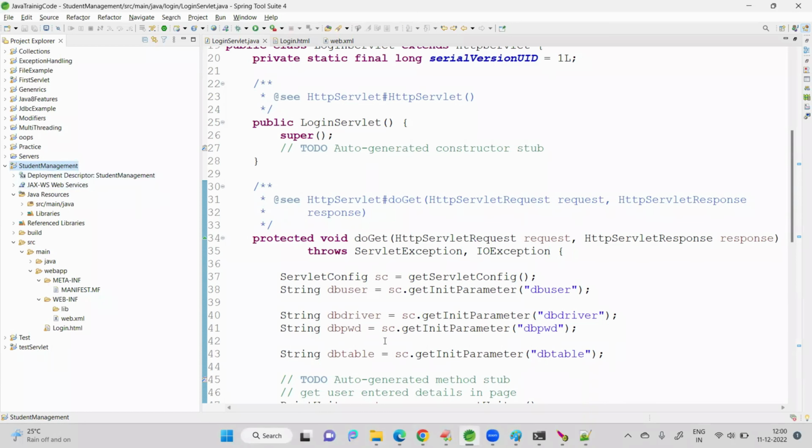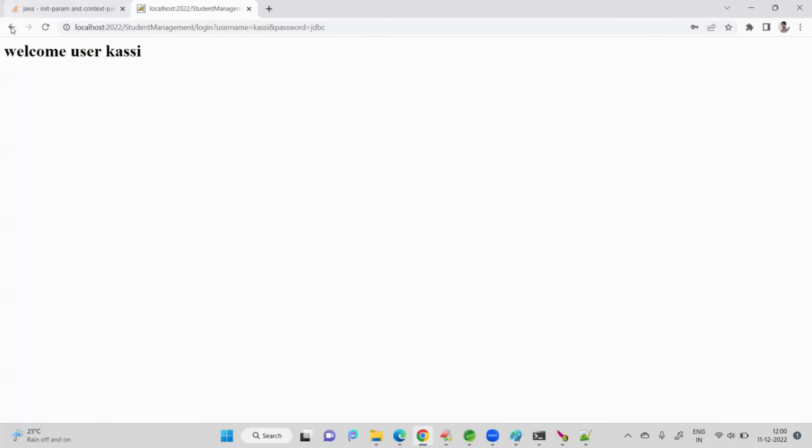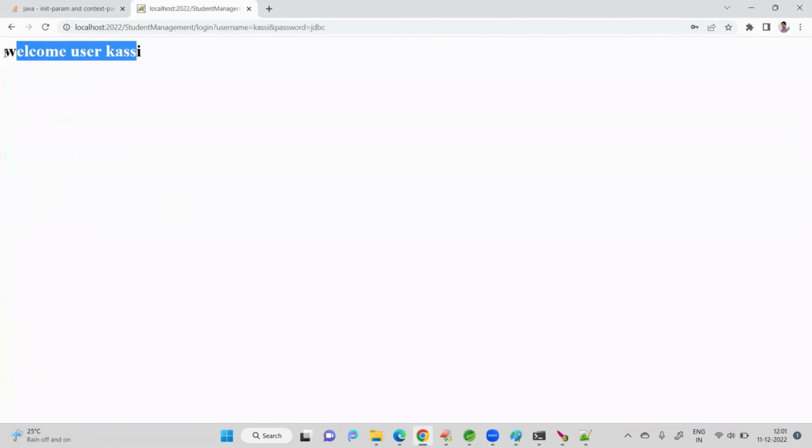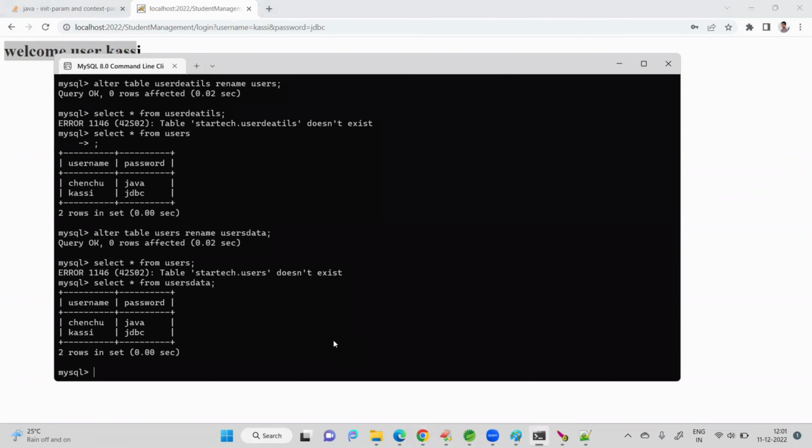So what will happen here? I'll do the request again. Kasi. JDBC. Welcome to Kasi. So it is directly affected, even though the database table changed. I did not make any code changes. I did not do any redeployment. It is directly affected because I wrote that in an XML file outside that I am reading into the servlet